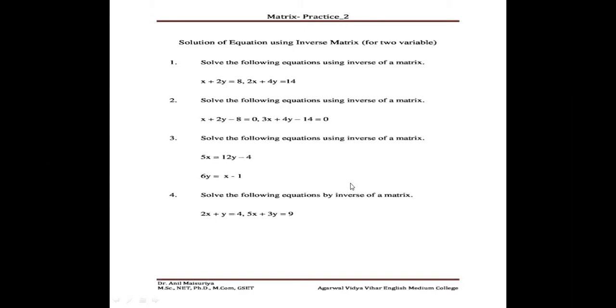So here x and y are there on the left hand side. Just try to change the place of minus 8. So when you change the place of minus 8, it becomes plus, that is 0 plus 8, it becomes 8. So your first equation will be x plus 2y equal to 8. Similarly here, 3x plus 4y are there on the left hand side. Just change the place of minus 14. So minus 14, if you change, then it will be plus. So 0 plus 14 is equal to 14. So finally, your equations will be x plus 2y equal to 8 and 3x plus 4y equal to 14.